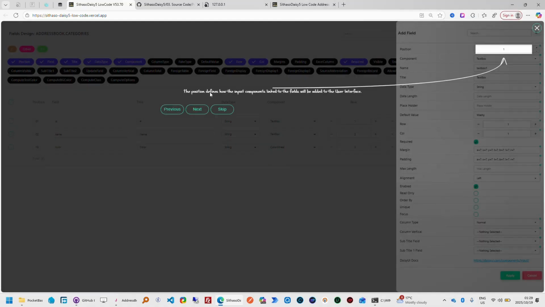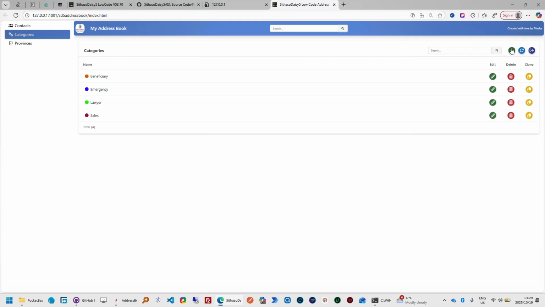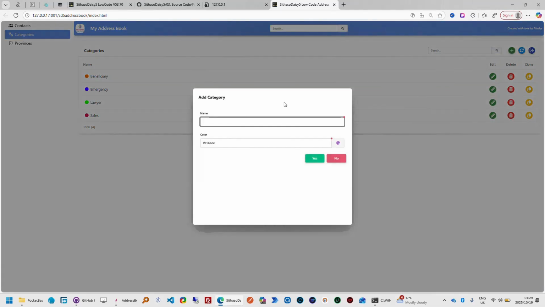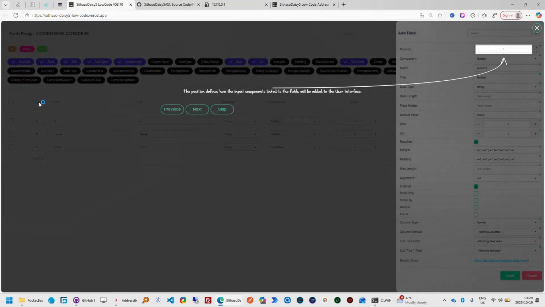Now, the position defines how input components linked to the field should be added to the user interface. As you saw in this particular screen, the first item is name, the second item is color. This is the same as the sequence of what is here. The position is 01, 02, 03. So that is basically what that says. Next,